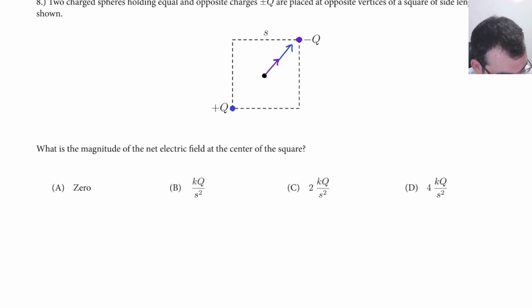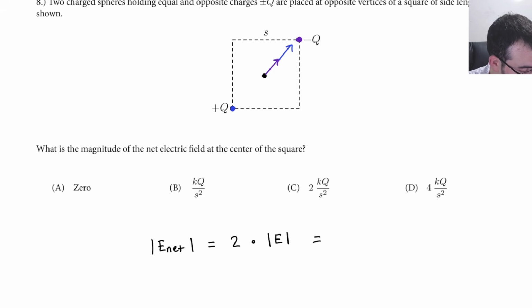So we know that the net E field is just going to be twice the E field from one of the point charges, which is 2 times KQ over R squared. And what is R? That's the only thing about this problem you have to figure out. So what is this distance? Well,